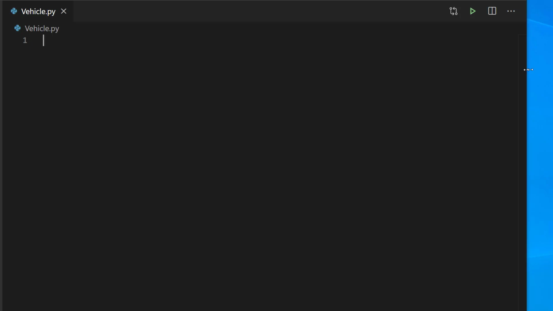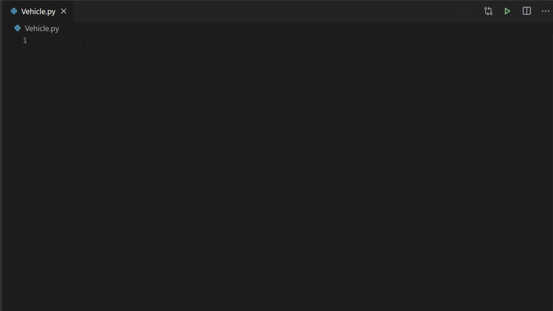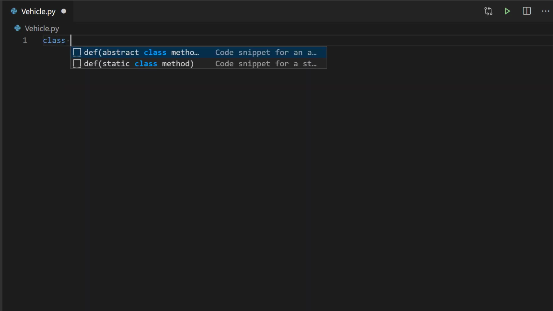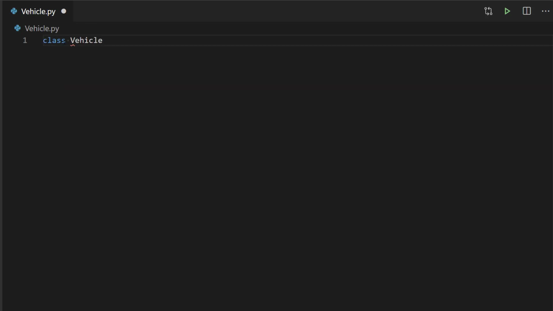Okay, so we have our code right here, and we're going to start talking about the vehicle class. So in Python, we're going to use the keyword class, and we'll type in Vehicle. So class Vehicle. And the first thing that I want to do in the vehicle class is to define some attributes. Okay, so that's just a comment. So an attribute,